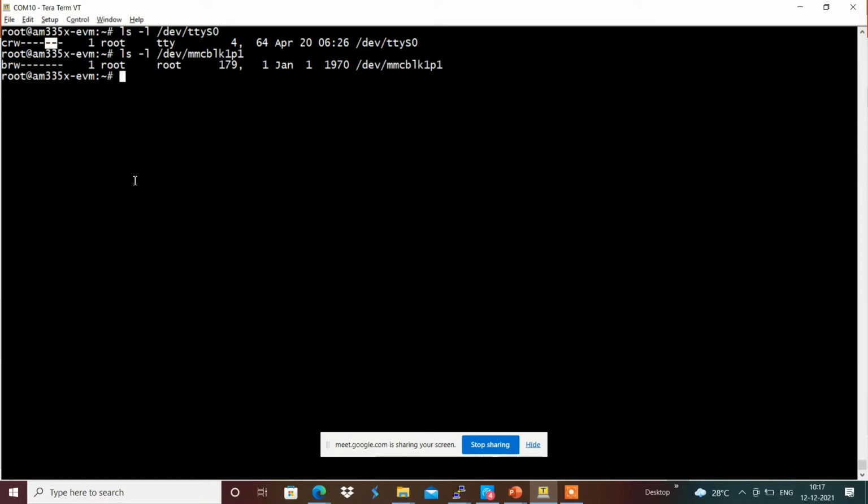Only the root user can read and write on this character device file.